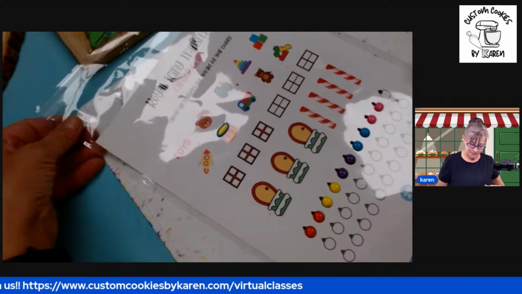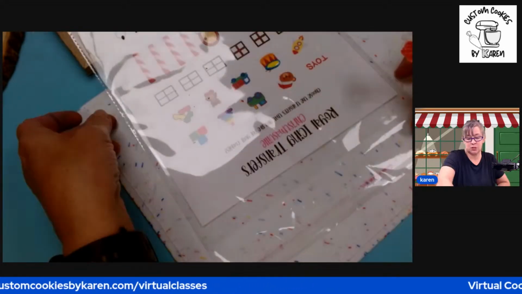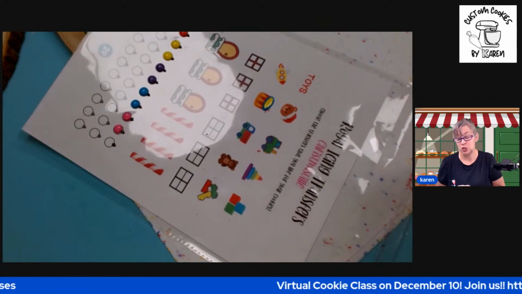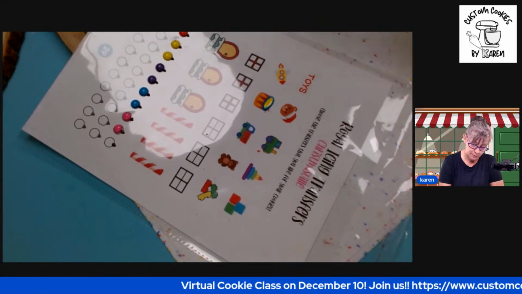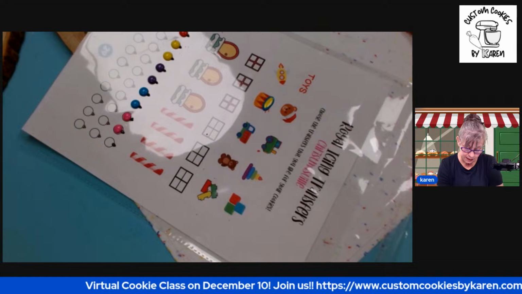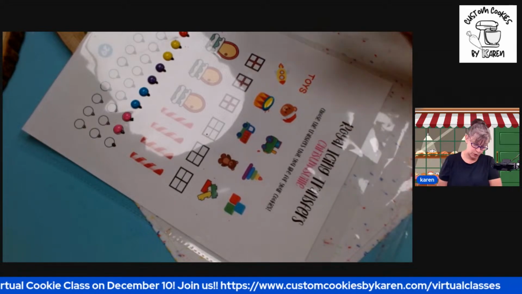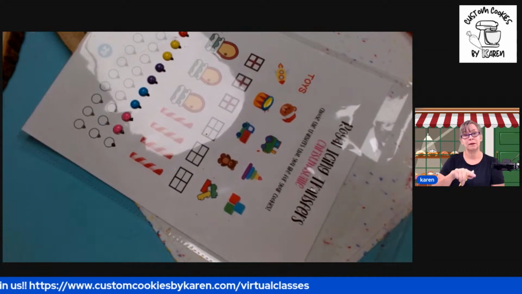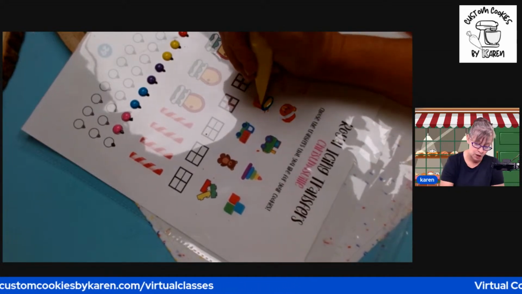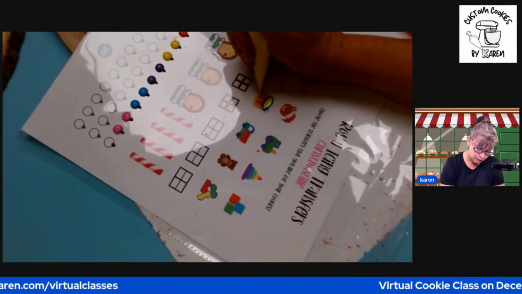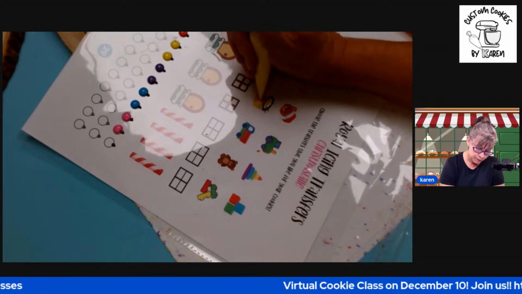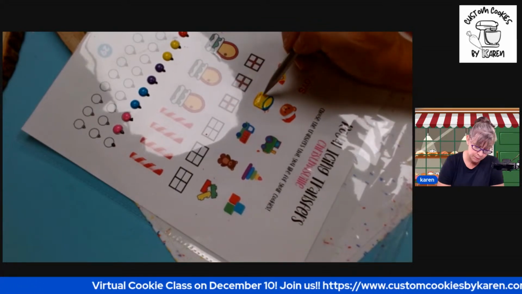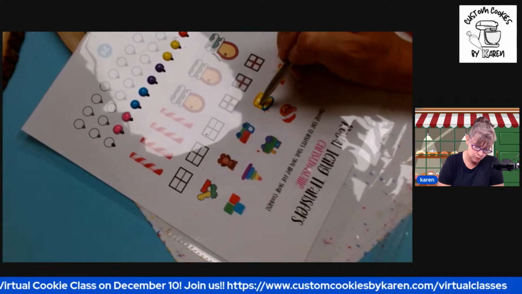I am going to turn it upside down because of my ornaments, so that I don't touch them, because I tend to do that sometimes. And I think for the drum, this is what I would do. I would probably do the whole thing in yellow and then go back in and pipe the red on top. So let me show you what I mean. I'm going to do the whole thing in yellow like that. I'm not going to fill it too much